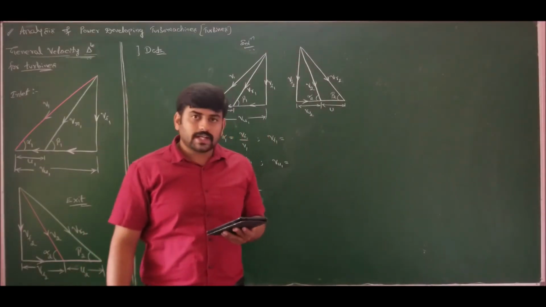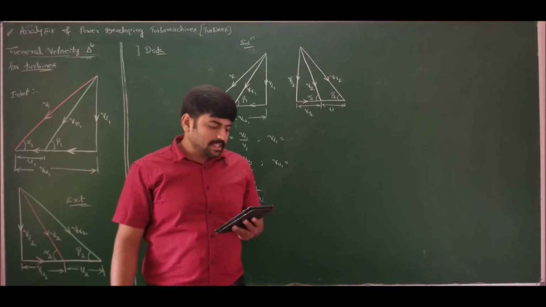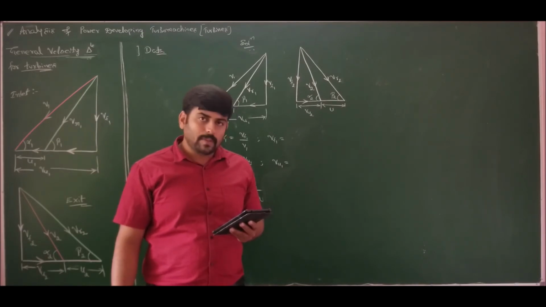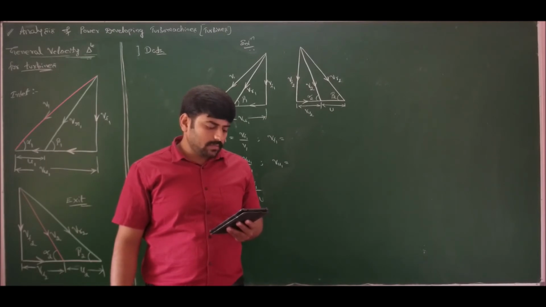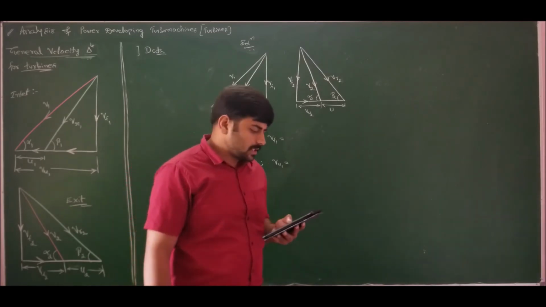Next, moving ahead, problem number 9 states that the mean rotor blade speed of an axial flow turbine stage with 50% reaction is 210 meters per second. Steam emerges from the nozzle inclined at 28 degrees to the plane of the wheel with axial component equal to blade speed. Assuming symmetric inlet and outlet velocity triangles, determine the rotor blade angles and utilization factor. Also find the degree of reaction to make utilization maximum if the axial velocity, blade speed as well as nozzle angle remains same. Let us solve this problem.